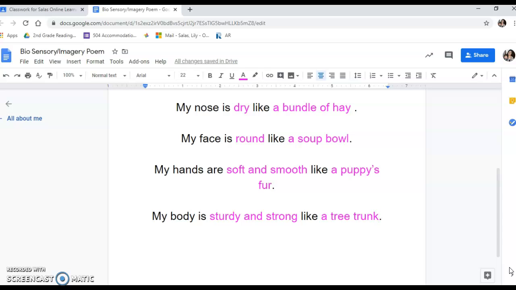So like I said, you can have fun with this. If you have funny things to compare yourself to, that just makes my day to read those, or if you want to make your poem really sweet or really interesting, I just want you to think outside the box. And I want you to just think, how would I describe myself to somebody who has never, ever seen me? What can I say about myself to make these people, when they close their eyes, they can imagine that